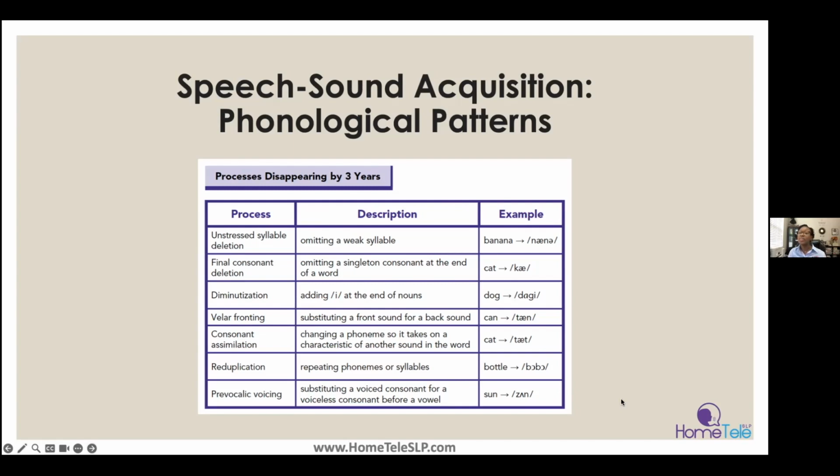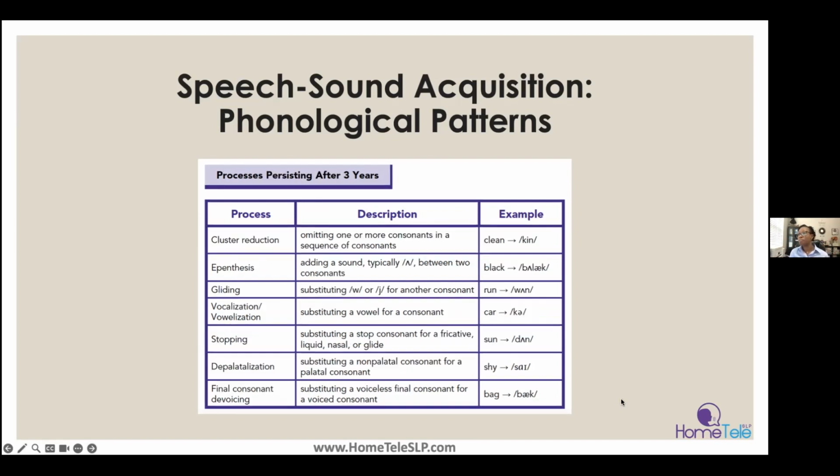You hear a lot of young toddlers still using some of these reduplicated syllables, which is totally normal for their age. But again, by the age of 3, all of these should be changing into the correct form of the word. So once a child is 4 or 5, they should have mastered, we say mastered to indicate that the child is no longer producing the errors. They should be able to master these processes. Let's talk about ones that continue beyond the age of 3. Since we're talking about 4 and 5-year-olds today, these are processes that you will still see your child produce.